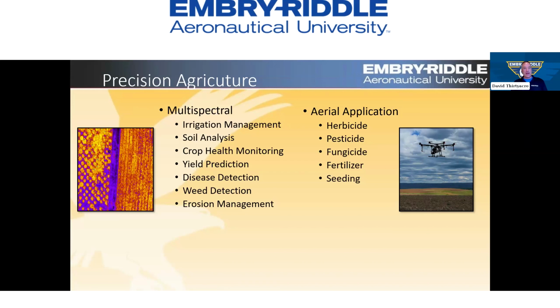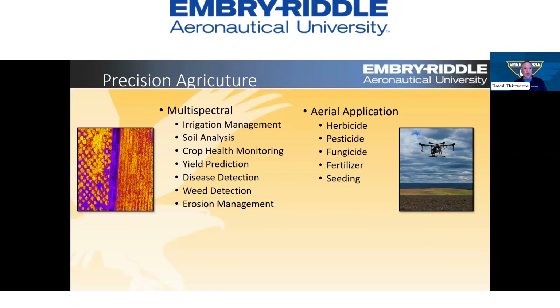And in the multispectral side, irrigation management is one that we immediately go into. Hey, I want to see the crop health and everything, but irrigation management ends up being absolutely huge, especially if you live in an area where the farms have some varying terrain, like where I'm at. Even the flattest farms need irrigation management, and those are really big. A lot of times you can get that information that you're looking for without even having the multispectral sensors. More of an RGB type of sensor works out really well.